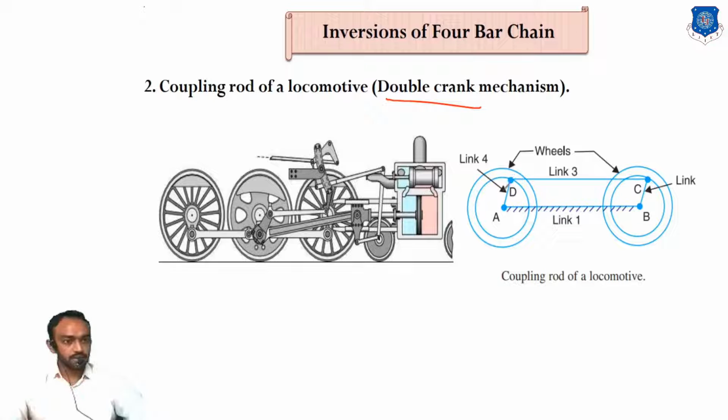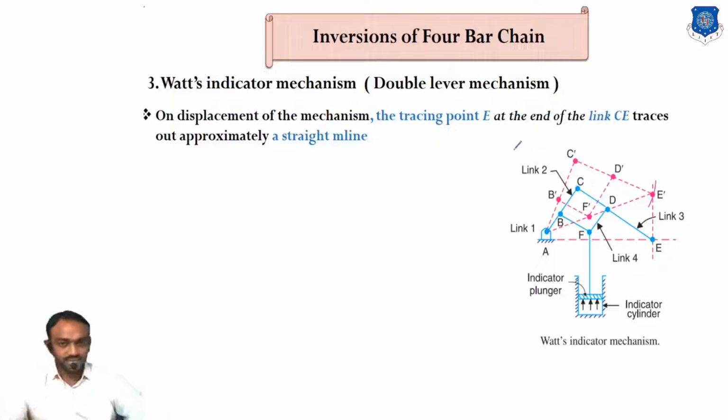It is also known as a double crank. Why double crank? Link number 4 and link number 2 both are rotating, and we know that a rotating element we can call a crank. So, double crank mechanism. Our third and last mechanism is